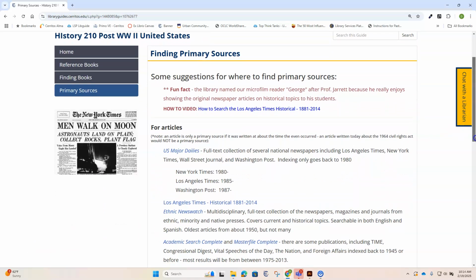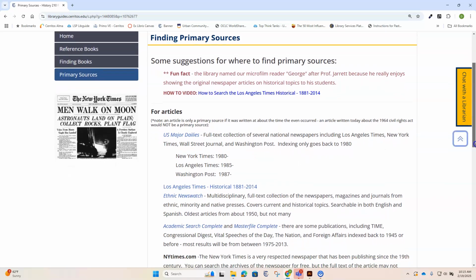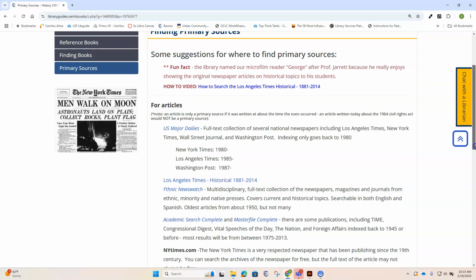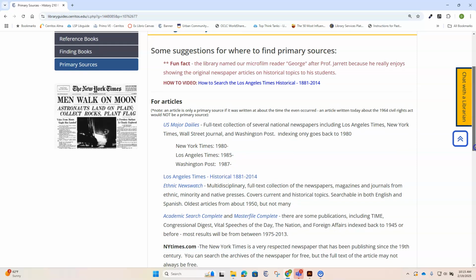Most of our databases don't go back very far. So if you're doing anything between 1945 and 1980, you're going to have a hard time finding articles, except we do have the Los Angeles Times all the way back to 1881. And so I want to show you how to search that. And the methods I show you will be the same search methods you could use for U.S. major dailies or Ethnic News Watch. Those come from the same company. So I'm going to click on this database,